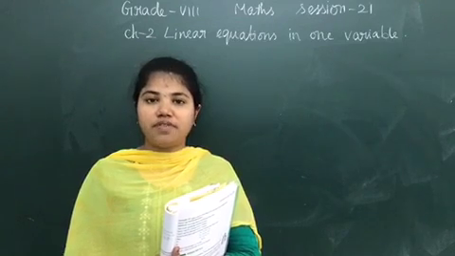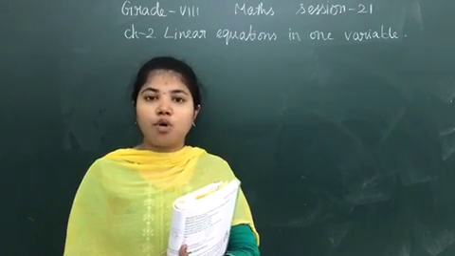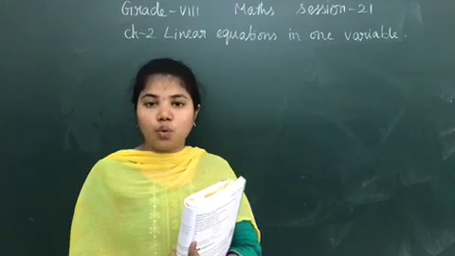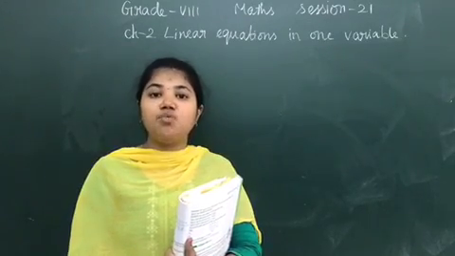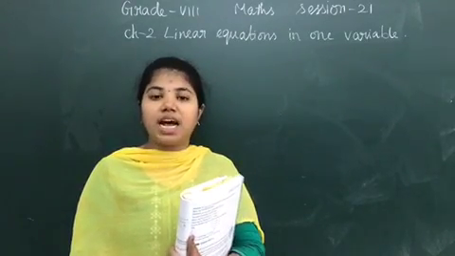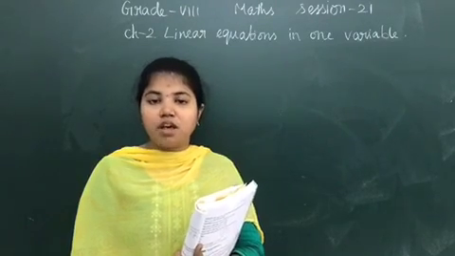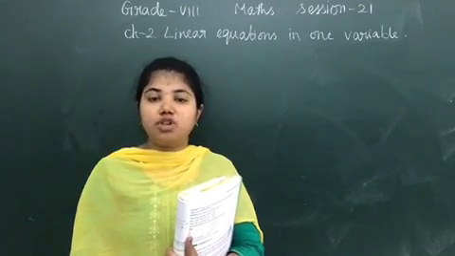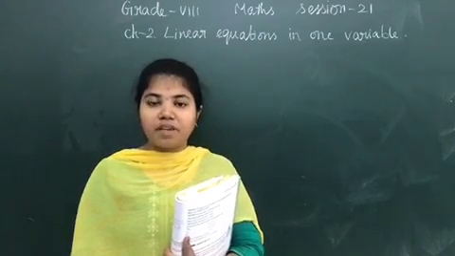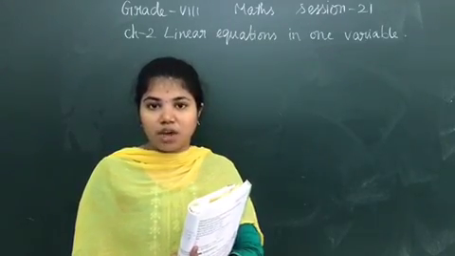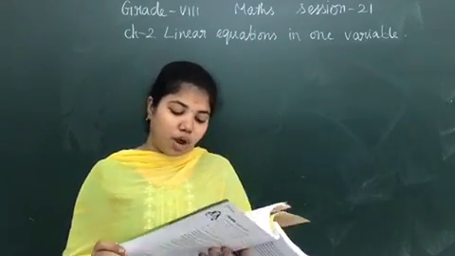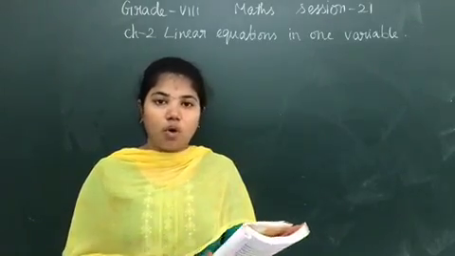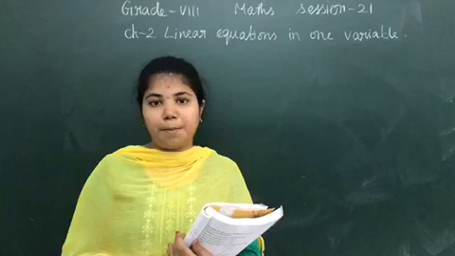In the previous session we have dealt with variables on both sides of the equation. Before that, in exercise 2.2, we had variables on any one side of the equation and the other side would be the numbers, so you could find the value of the variable easily. And we dealt with two examples under the topic variables on both sides of the equation, that is example 12 and 13, page number 29 in your book. I hope you understand those two example problems.